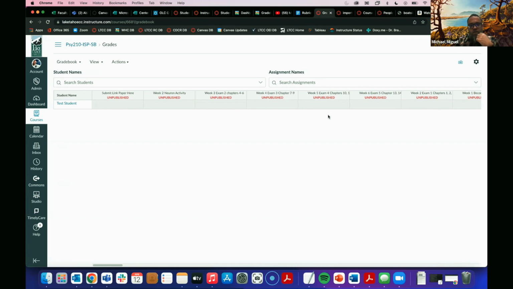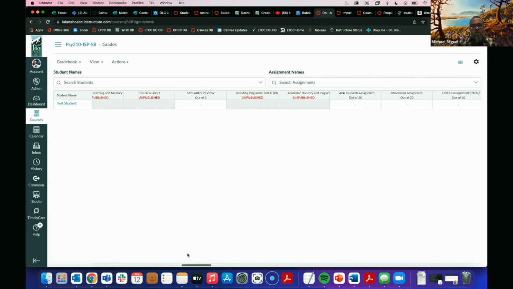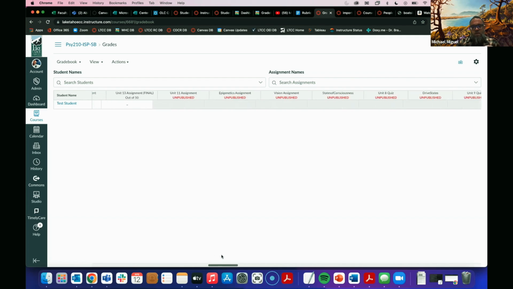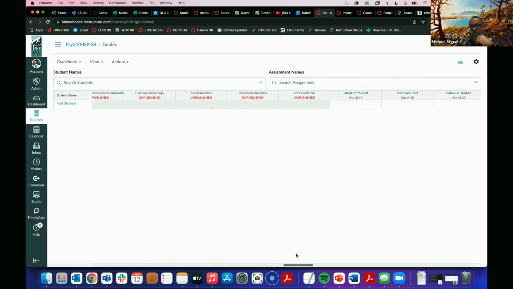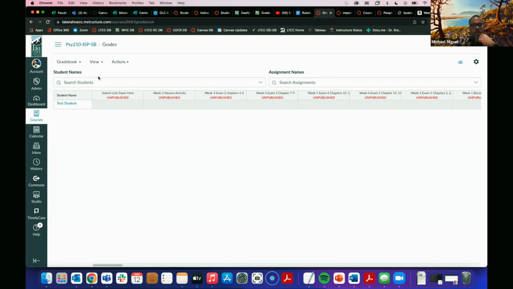So what I have here is a gradebook, and because it's not a live class, all I have is my test student. And as of now, I have all these assignments. And it gets to be a big pain when you see all these unpublished assignments that are not going to need graded. Easiest way to fix that, come up here to view.